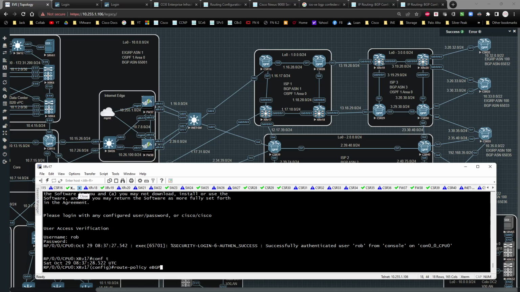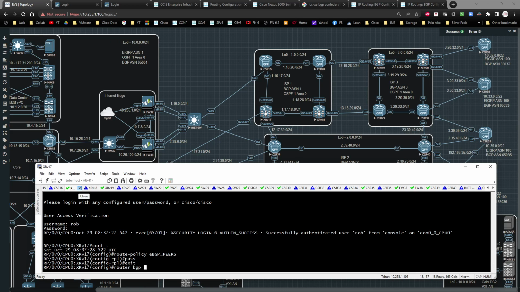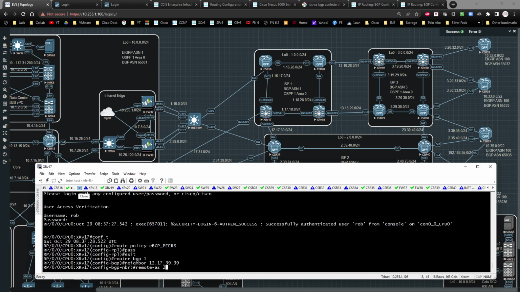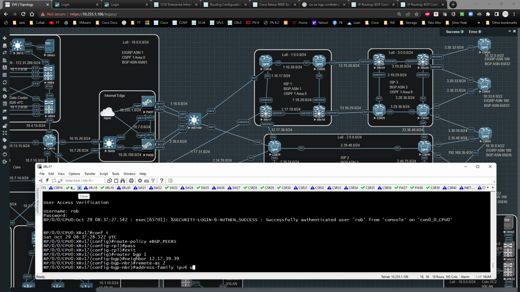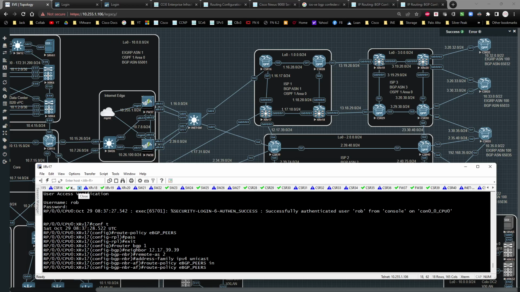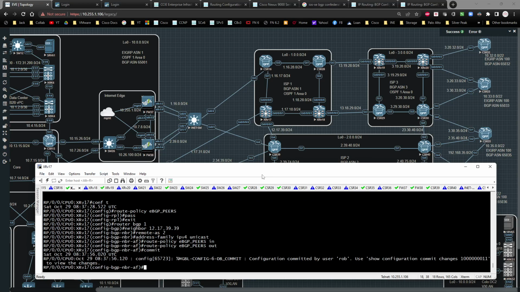Route-policy eBGP peers, pass, exit out, router BGP 1, neighbor of 12.17.39.39, remote AS of 2, address family IPv4 unicast, route-policy eBGP peers in and out. Commit that config. We're going to go over to 30,